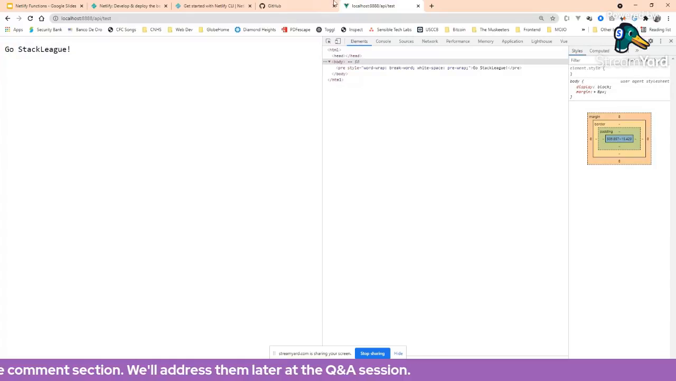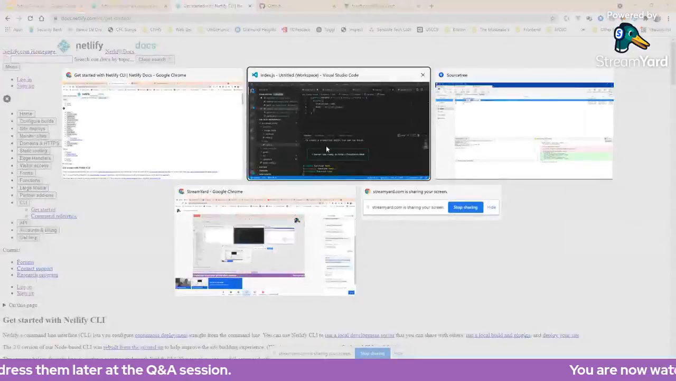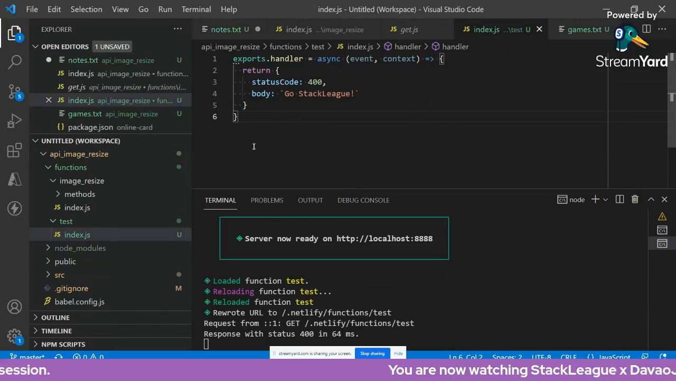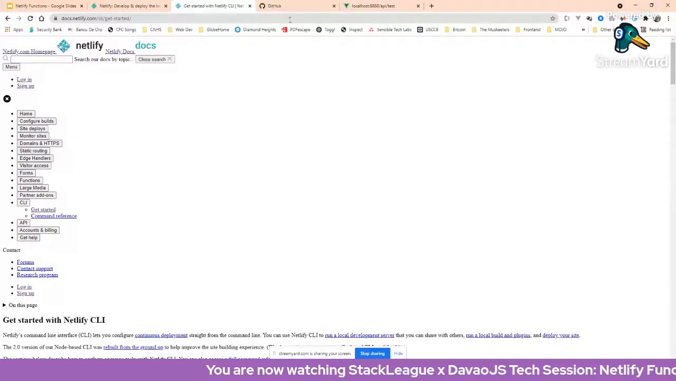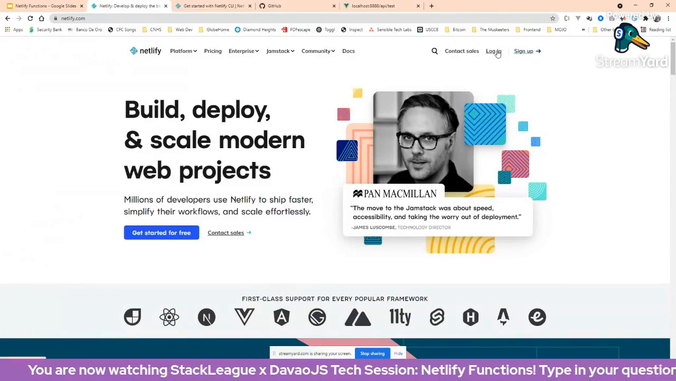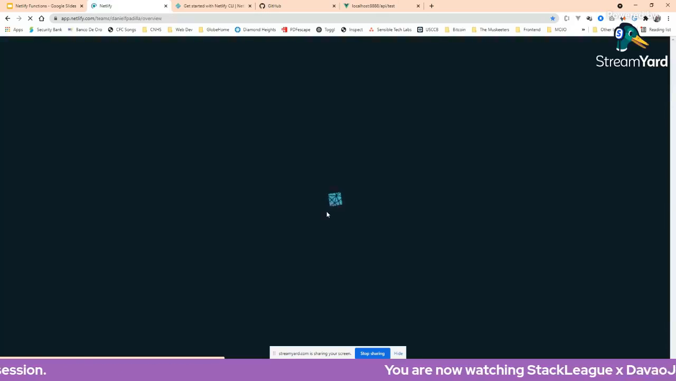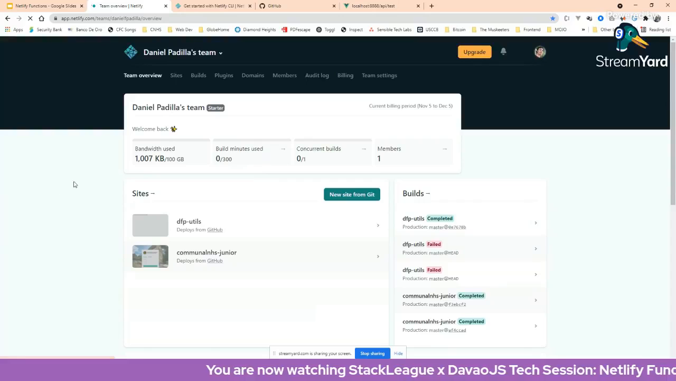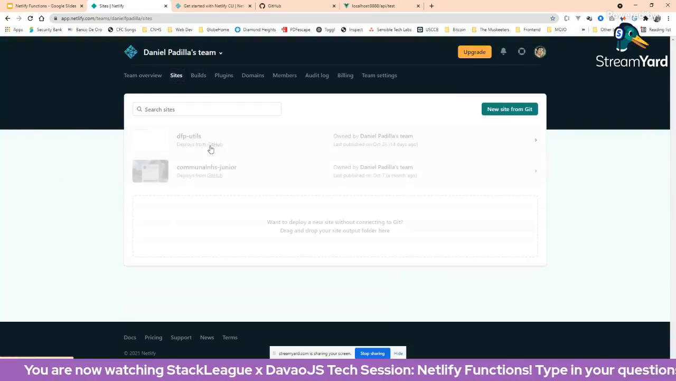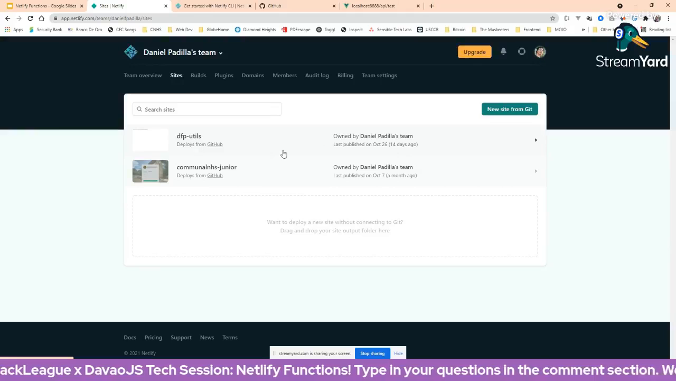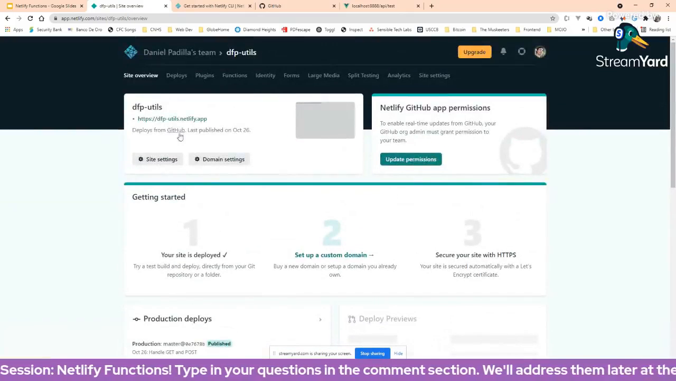This app is already hosted in Netlify, so let me show that one. When I go to Netlify, I just log in to my app here. I just want to show you how my GitHub is linked to this Netlify app as a website. Here are my sites, the FP utils, that's what I call it. And when I access the site,